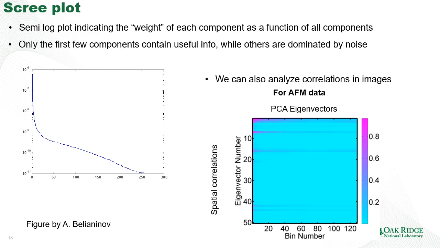So this is the example for atomic force microscopy data, but the idea is essentially the same. You can see that for the small components, for example, components number 1, 2, and 3, there are long-range components in the correlation function, meaning that there are real features in the image. At the same time, for the correlation functions somewhere between 20 and 40 components, they're just zero, meaning that our loading maps don't have any spatial correlations and therefore don't have any features. So these are the components that don't have any spatially resolved information, and in principle we can disregard them from the